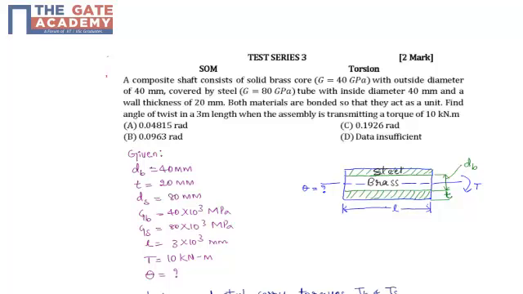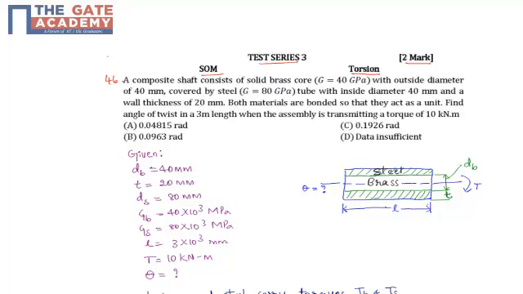Hello students, question number 46 is from test series 3, subject strength of materials and chapter torsion, and it is of 2 marks. The question says, a composite shaft consists of solid brass core of G equal to 40